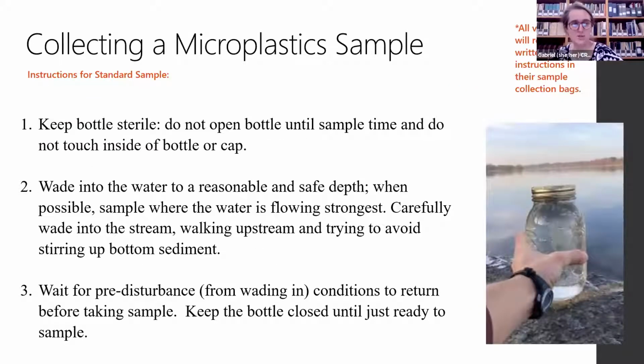All right, so the nitty-gritty of collecting a standard microplastic sample. So again, this is if you're just provided with one bottle to collect the sample. So again, we ask that you keep the bottle sterile. That means not opening the bottle until it's time to sample, and not touching the inside of the bottle